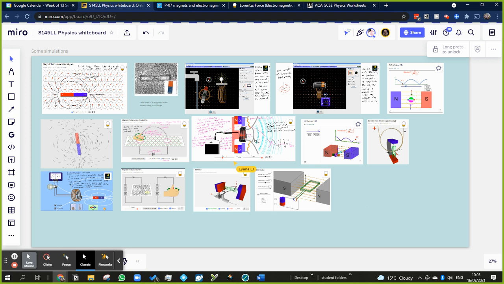Oh, there were a couple of other things that we could look at, like transformers, and the difference between generators, dynamos, and alternators. But this gives you a pretty good start. So we're going to get a couple of videos now to have a look at some of the motor effect in a bit more